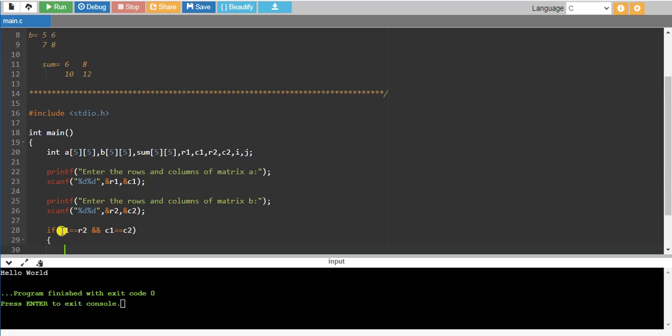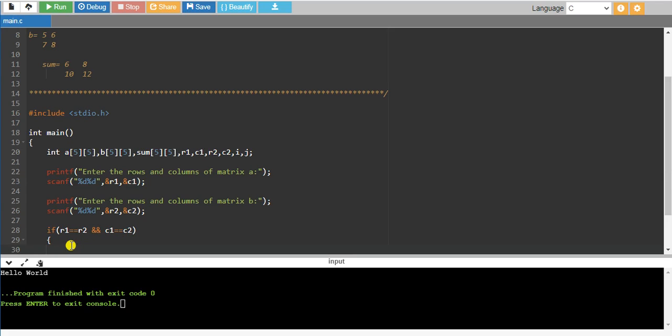If this condition is true, then only it will allow the user to enter the elements of both matrices. So if the number of rows of matrix A and the number of rows of matrix B are the same, and the number of columns of matrix A and the number of columns of matrix B are the same, then only it will allow the user to enter the elements of the matrix.